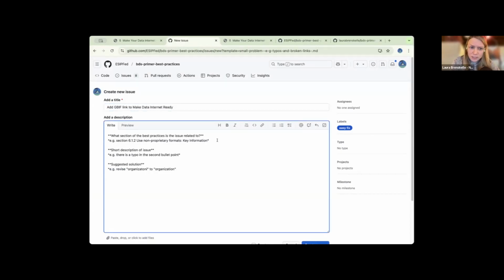It has some questions in the issue template just to describe what you think needs to happen. So we'll just type in section 5, make your data internet ready. Should include a link to GBIF in the description.